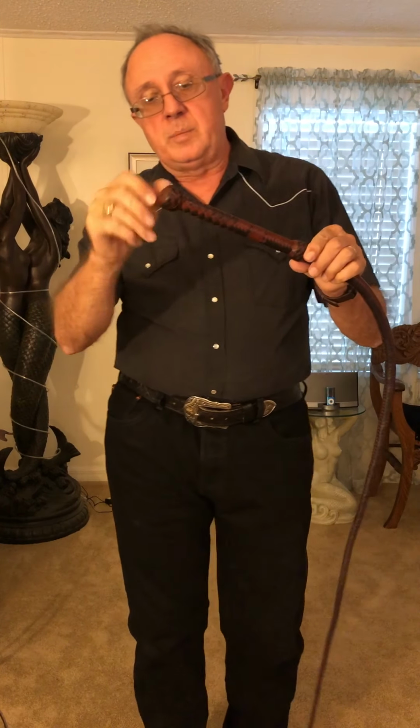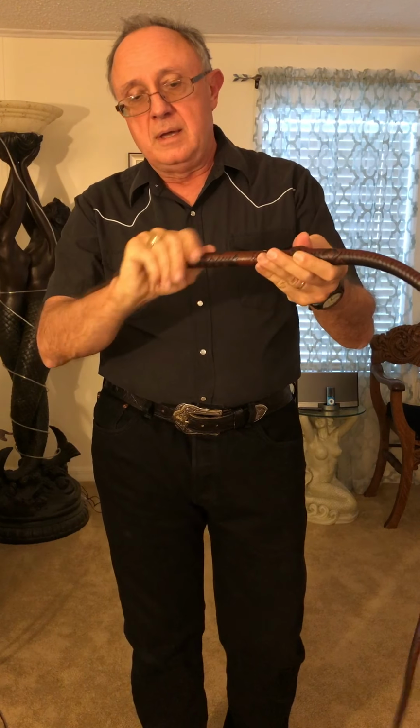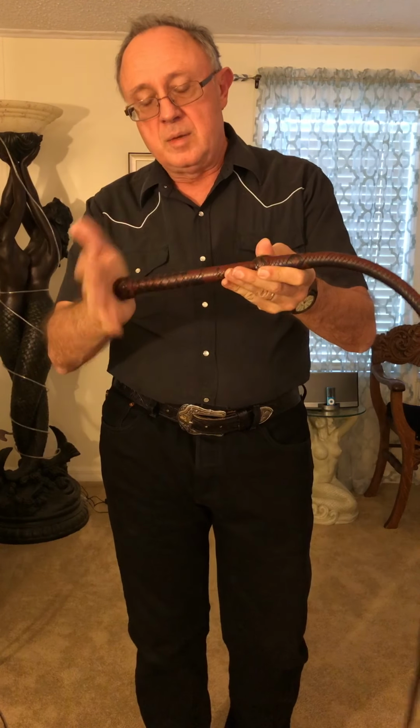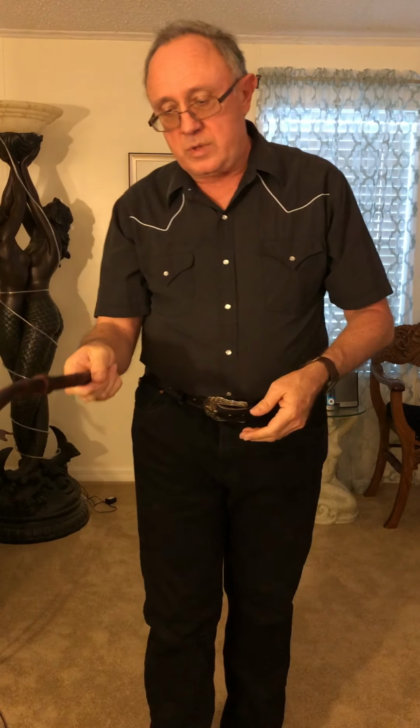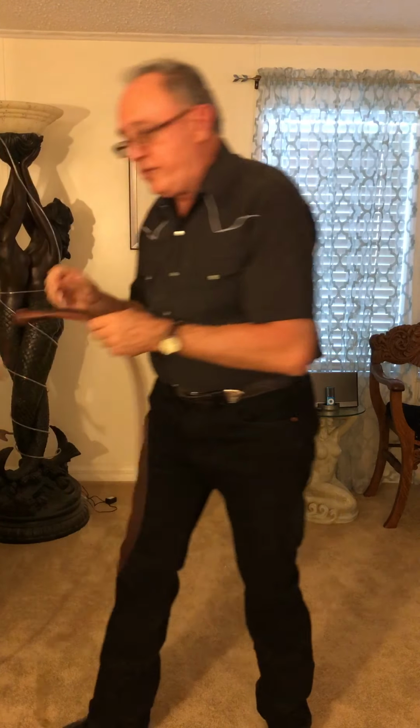I like a clean pommel on my bullwhip because it allows me to rotate the whip in my hand and utilize that ball and socket. But again, with a bullwhip, I'm going to stick with a handshake grip or I'm going to use that thumb push. Now when I'm doing the forward figure eight,